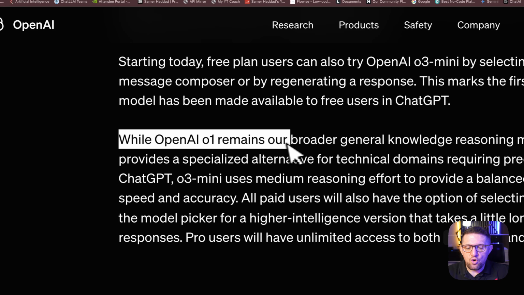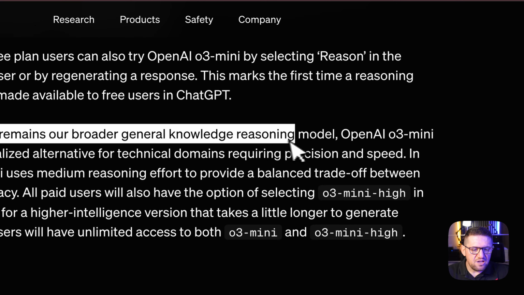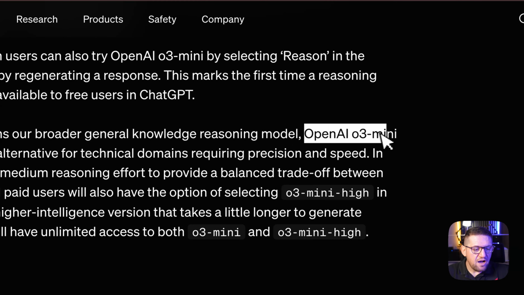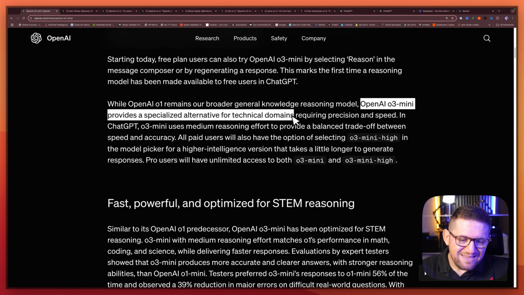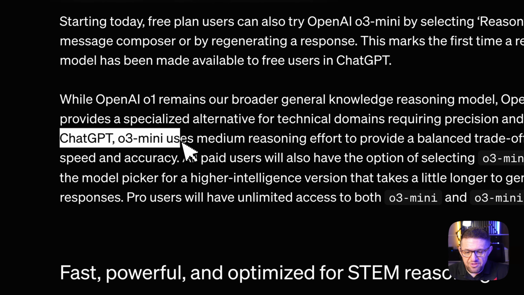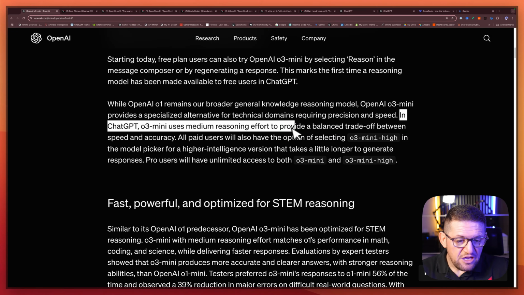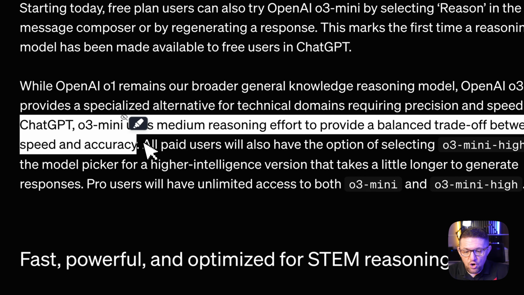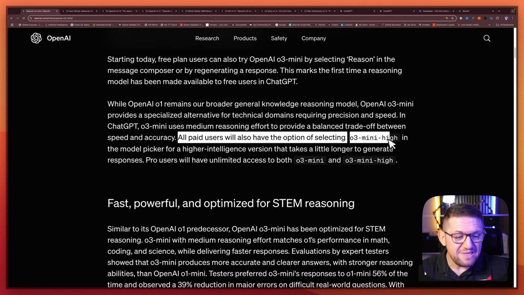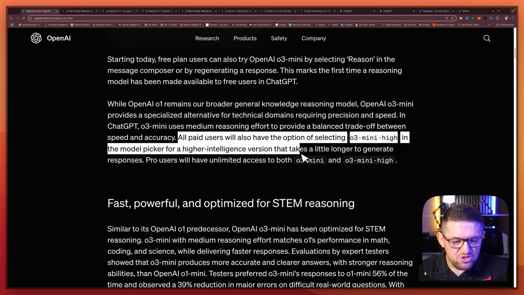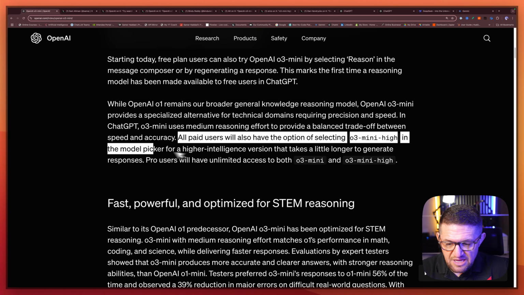While OpenAI o1 remains the broader general knowledge reasoning model, OpenAI o3-mini provides a specialized alternative for technical domains requiring precision and speed. In ChatGPT, o3-mini uses medium reasoning effort to provide a balanced trade-off between speed and accuracy. All paid users will also have the option of selecting o3-mini-high in the model picker for a higher intelligence version that takes a little longer to generate a response.